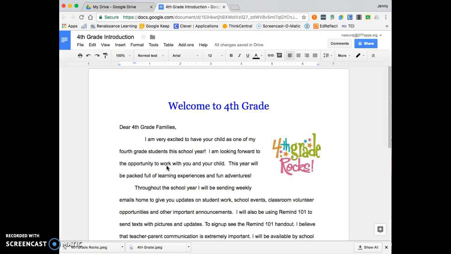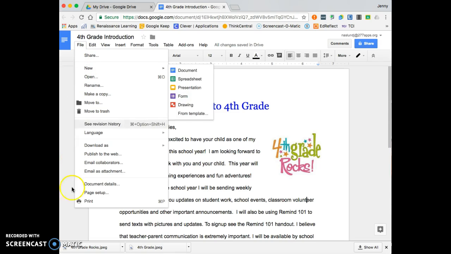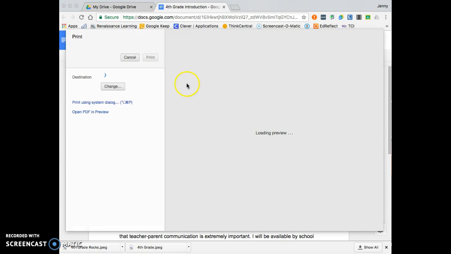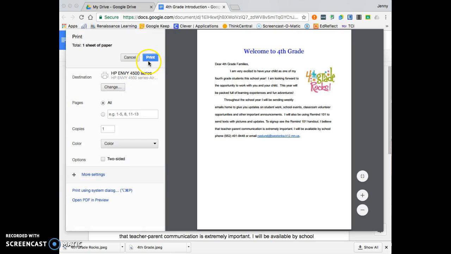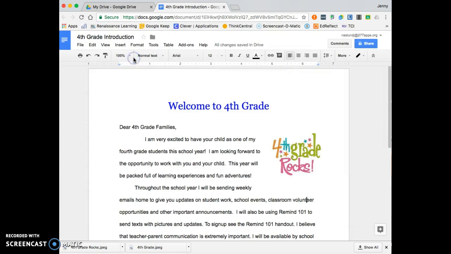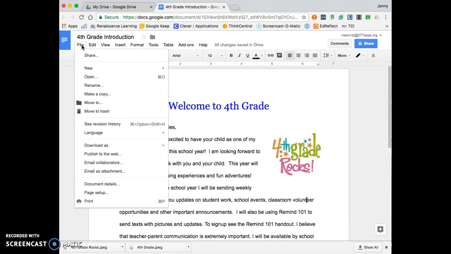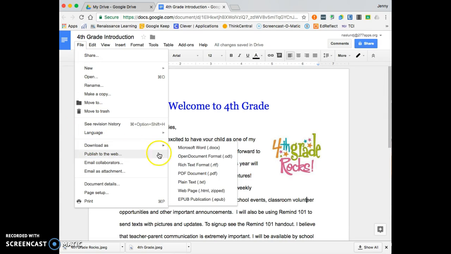You can also print and download your documents as well. So to print, I can click right here, or I can go to File, Print, either one, and I would be able to select what printer I wanted, and I could print my document just like you would in Microsoft Word. If I want to download my document, I go to File, and I can say Download As, and